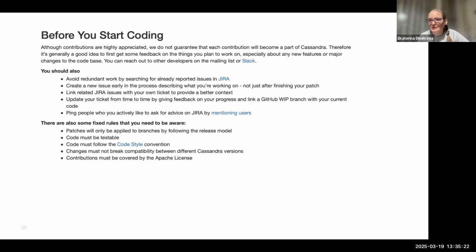And at the end, you will get some committer who, when the work is done, will commit it for you, and probably they will help you also with running CI. We currently have two CI systems. One is Jenkins, which is hosted